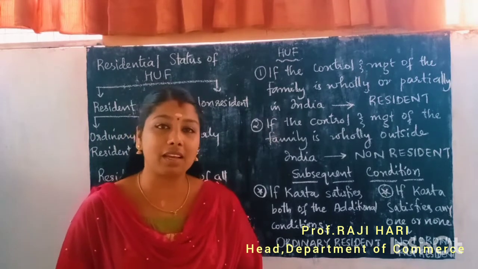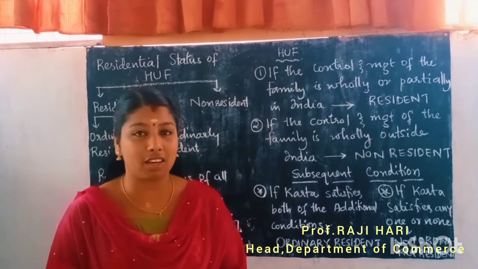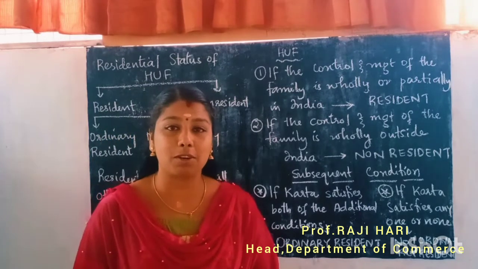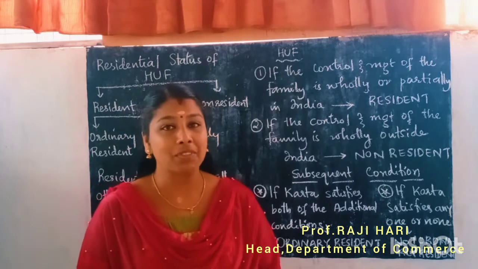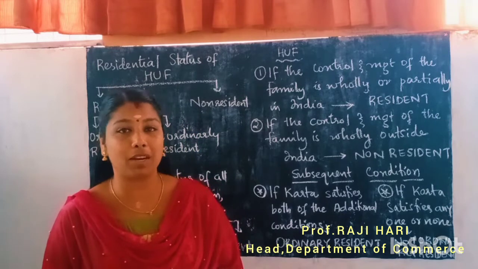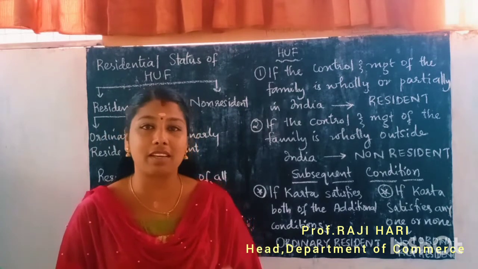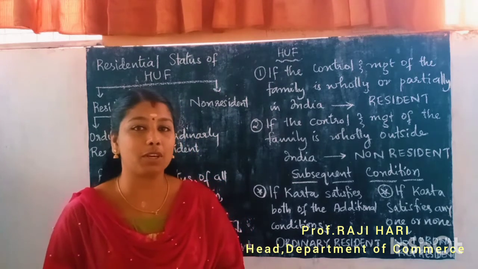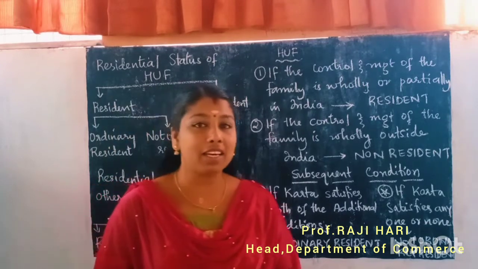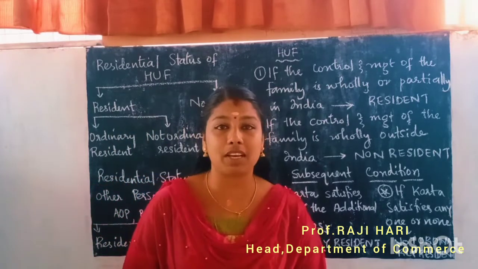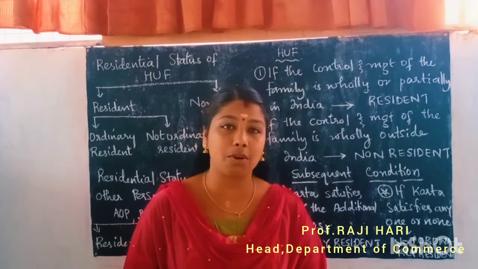Or the second basic condition is he was in India for a period or periods aggregating in all 365 days or more out of 4 years immediately preceding the previous year and 60 days or more during the previous year. If an individual satisfies any one or both of the basic conditions, he is known as resident. And if a person satisfies none of the basic conditions, he is known as non-resident.